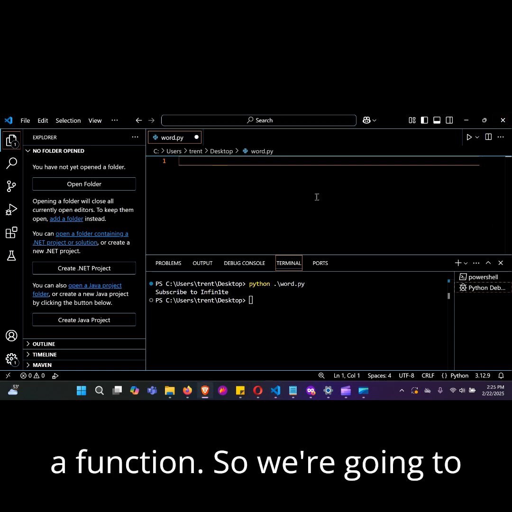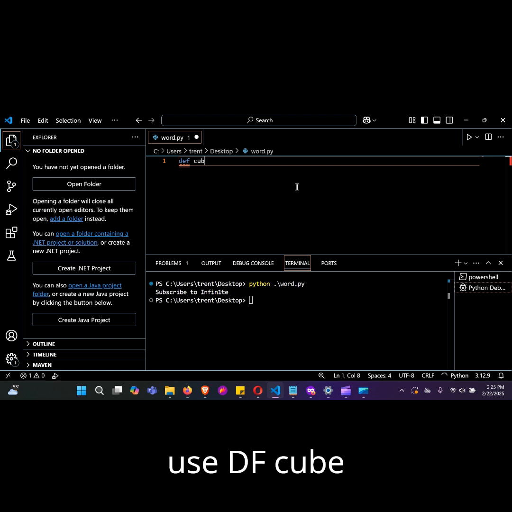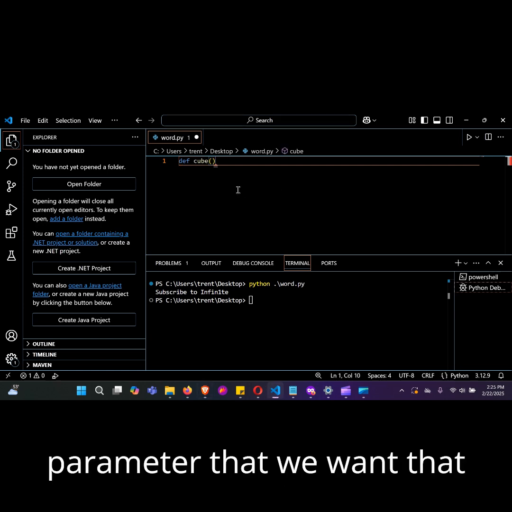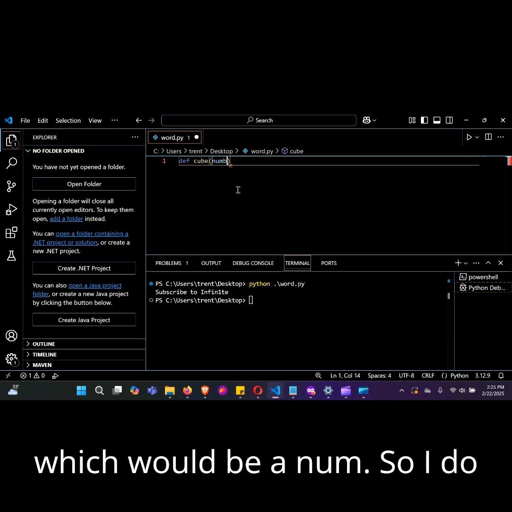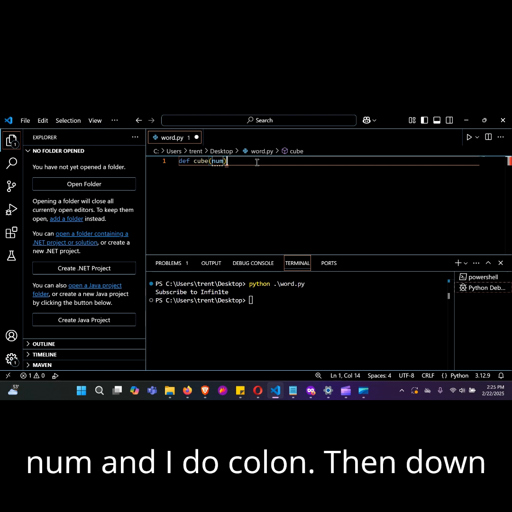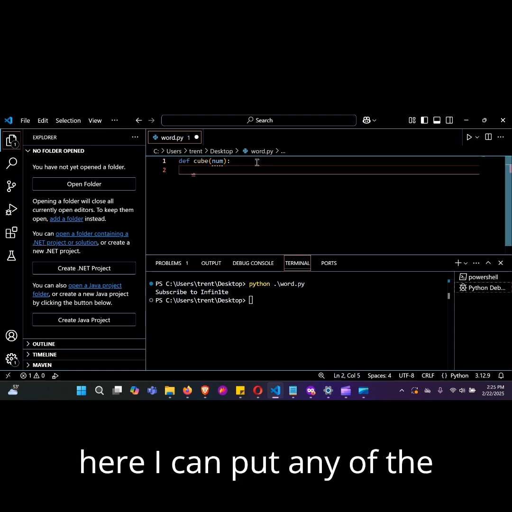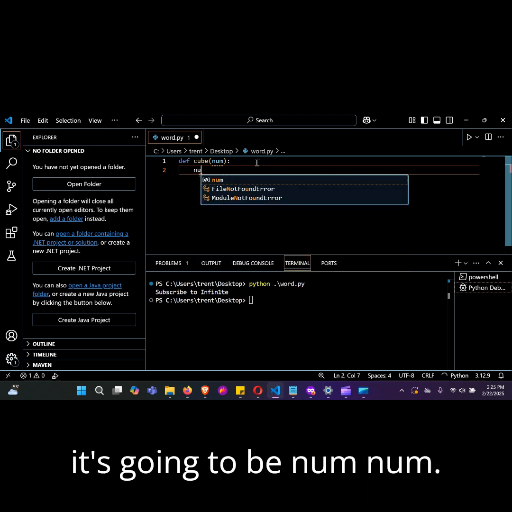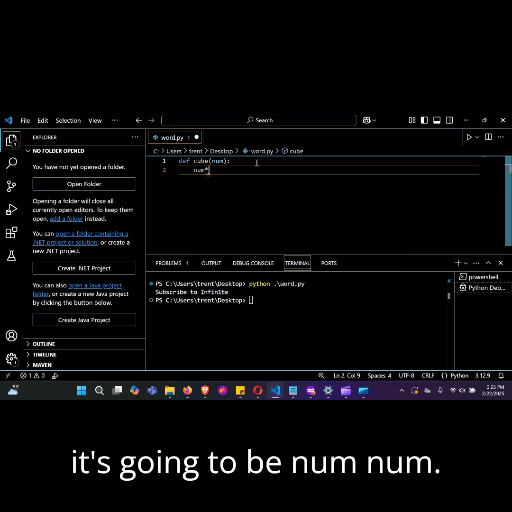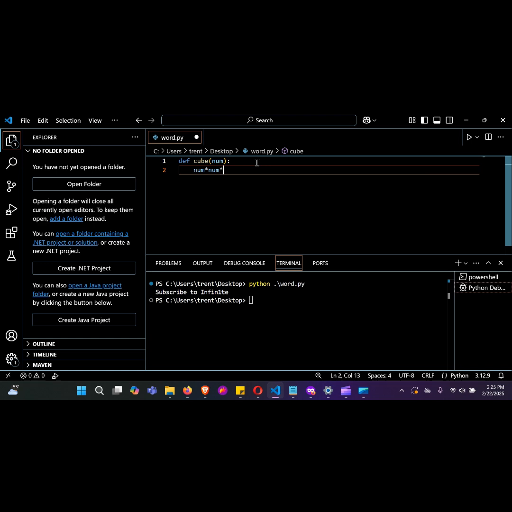We're going to use def cube, and we can specify any parameter that we want to give it. We want to give it one parameter, which would be num. So I do num and I do colon. Then down here, I can put in the code that I want to include in this function. So it's going to cube this number. So it's going to be num times num,